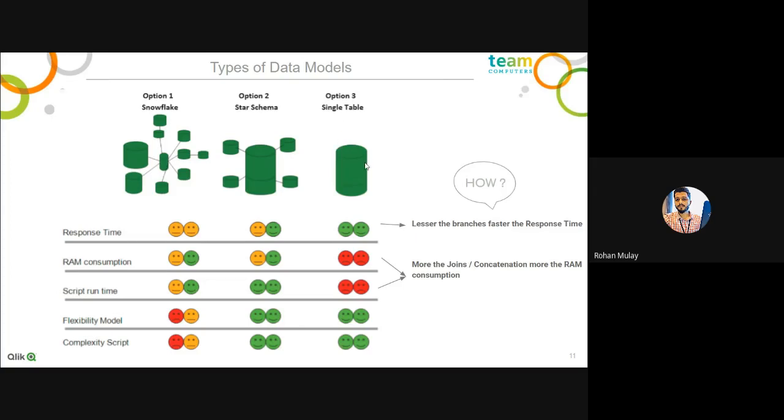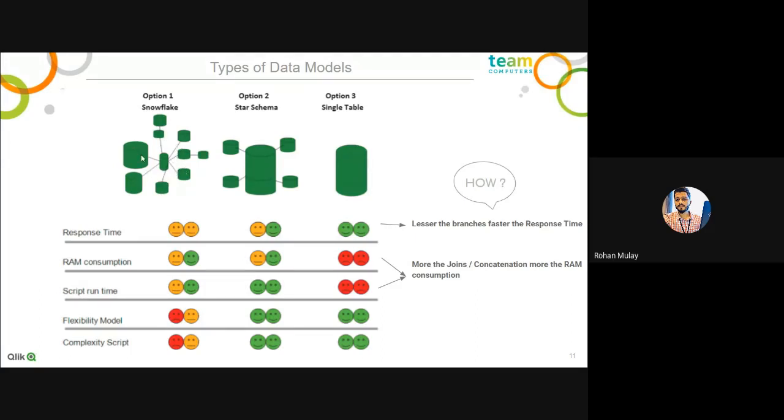So based on that, we have certain things that we need to keep in mind. These are the certain features that we can understand, what are the limitations and what are the benefits of each. I'll not always say that you have to always use star schema, but there could be certain scenarios in certain projects where we cannot actually merge these two dimension tables into one to create a star schema. So I have to keep them separate.